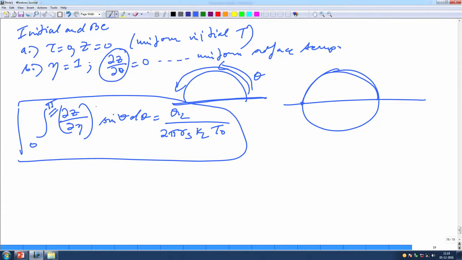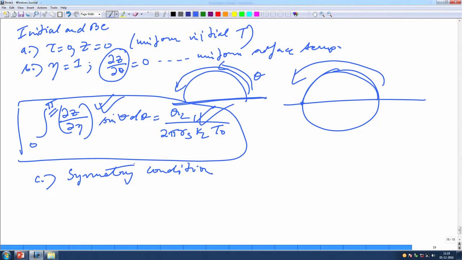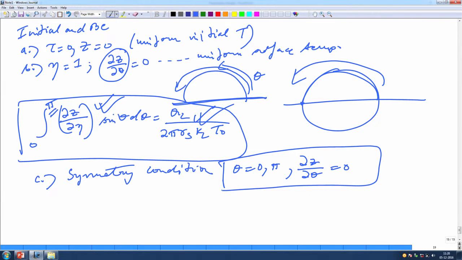So, you have integrated. So, this means that it has been integrated across this entire surface to give you the total heat flux. That should be quite obvious. Then there is the symmetry condition. Symmetry condition is at theta equal to 0 and pi, d theta by dz is equal to 0. Got it. So, now that we have done all these things, now you should recall that when Peclet